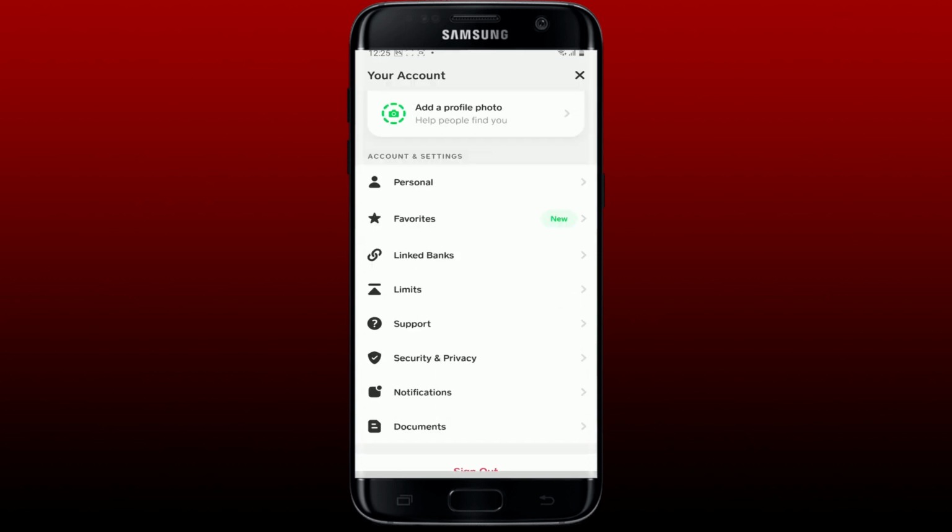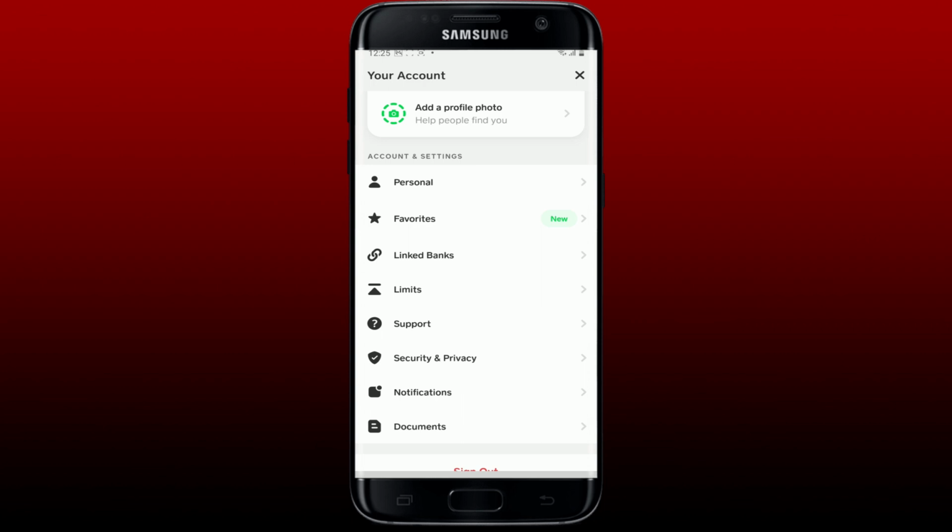Sometimes Cash App might place temporary limits on your account for security reasons, so even after you have verified linked bank accounts or even after you've verified your identity, you might go through this limit issue. So in that case, all you can do is be patient and wait for the limits to be lifted automatically after a certain period of time or after your account is reviewed. If even after waiting for a sufficient amount of time your limit is still not increased, then you can directly contact